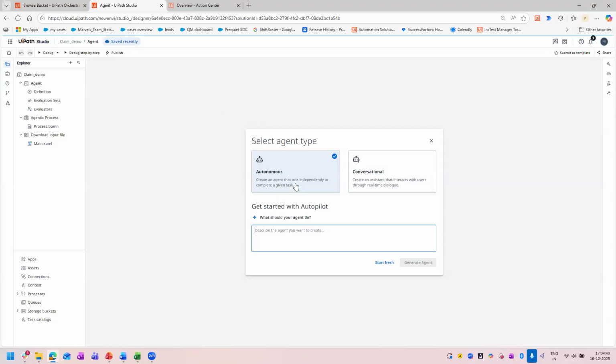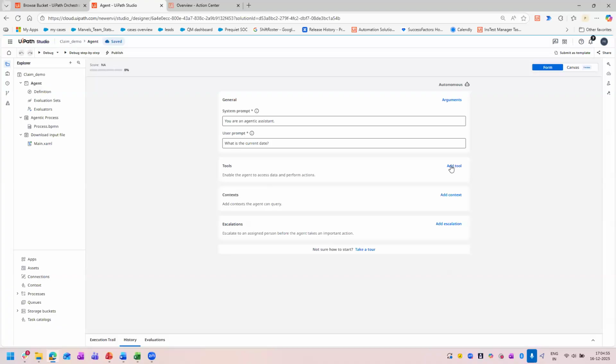It will not have a chat-based interface, but whatever input we give, depending on our prompt, it will process it and give us the output. So what we are doing here is creating an autonomous agent and clicking on start fresh. You can even have that copilot. I can show it again. If I create a new agent here, once I click on definition,